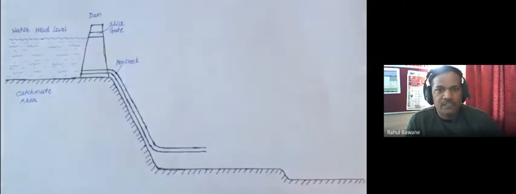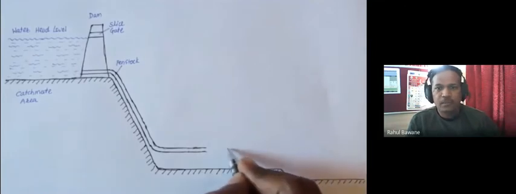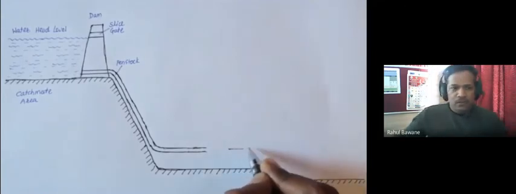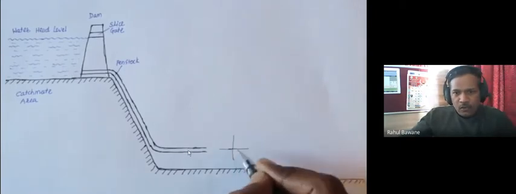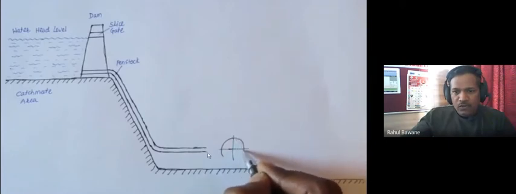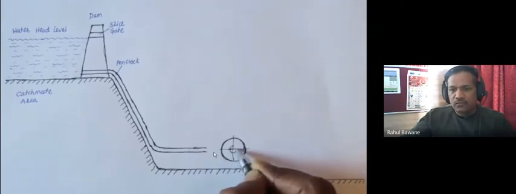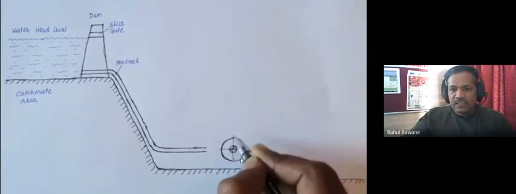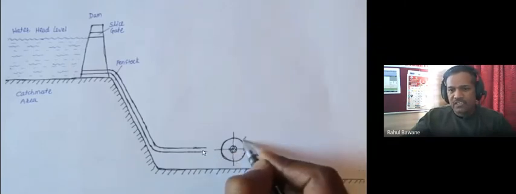It is called a penstock. So whatever pipeline is used in a hydroelectric power plant is called a penstock. Now, this water comes from the dam through the penstock, and when it comes out from the end or nozzle, it forms a jet. We have to convert this jet energy into mechanical energy. So we have to install our turbine exactly in front of this jet.